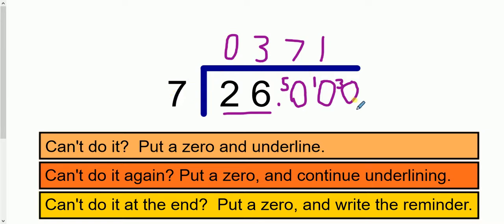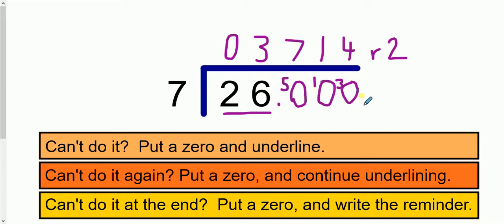How many 7s are in 30? There are 4, because 4 times 7 is 28. Now the problem is that we've gone up to 3 decimal places, and we still have a remainder. We have a remainder of 2. So what are we going to do now? Well, we don't want to go more than 2 or 3 decimal places. That is enough,